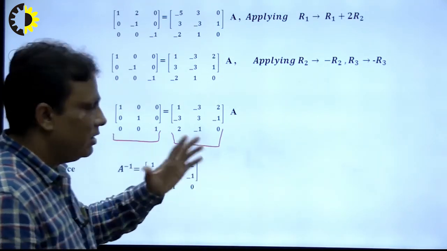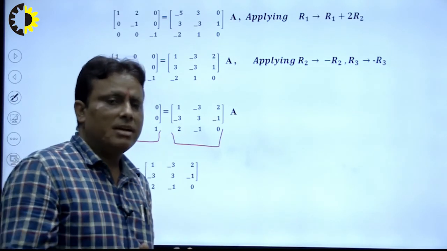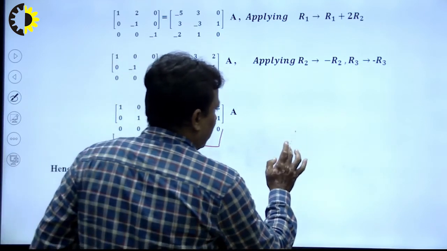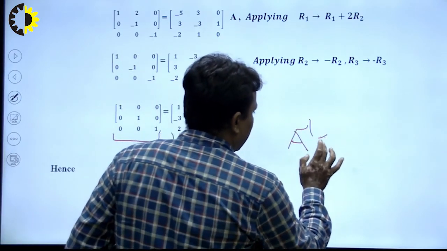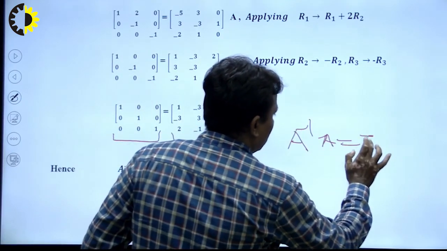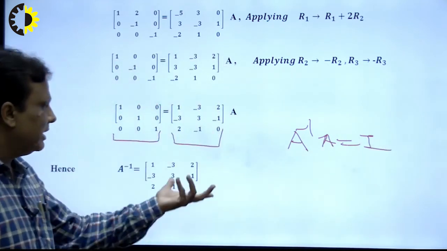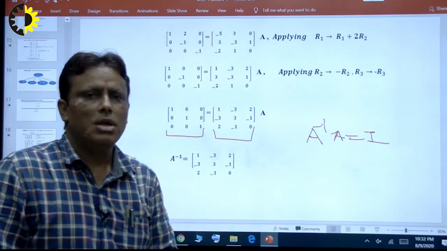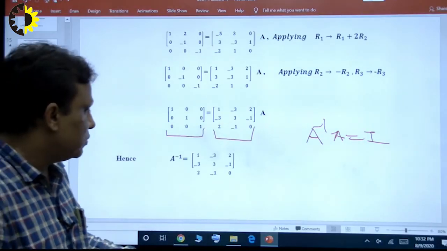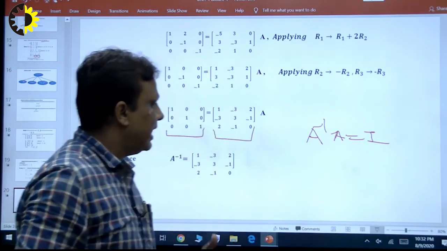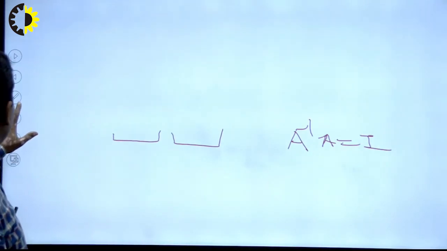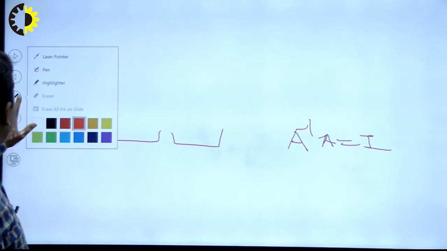Suppose I want to check whether this is correct. I calculate whether A inverse A is equal to I; if so, our result will be correct. So we can multiply and check the answer, and this method can be applied to 4 by 4 and 5 by 5 matrices. If students have any kind of problem, they can contact me to learn how to solve the problem.